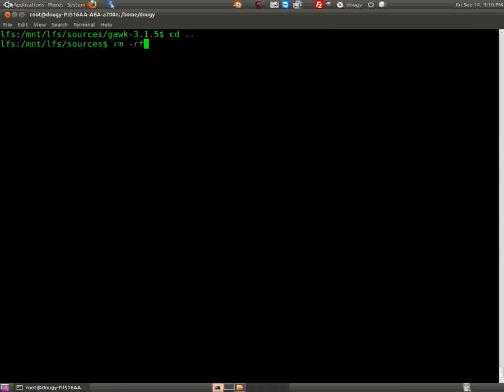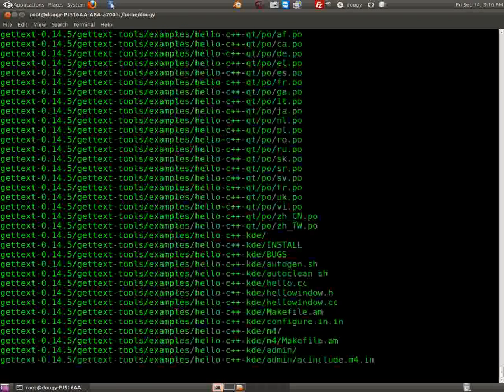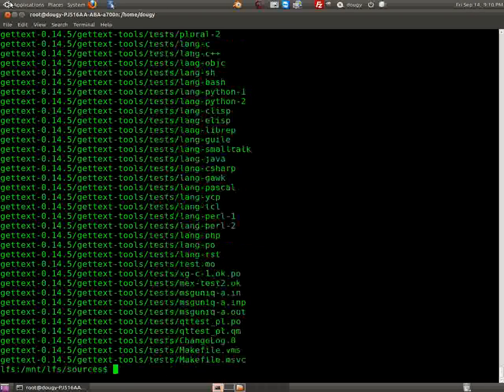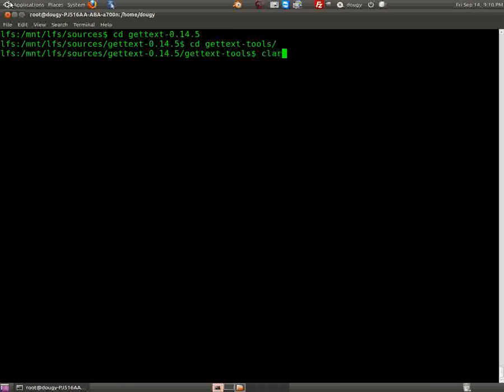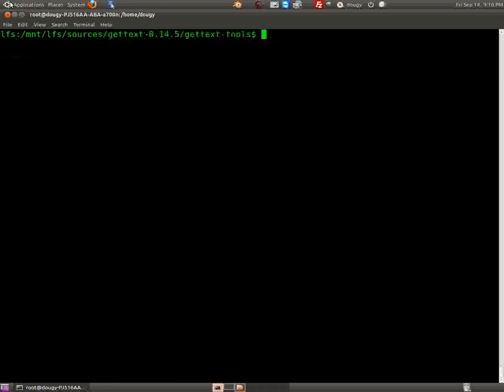Okay, so Gawk's all done. Back up, and now we're going to remove Gawk. Okay, and we're going to untar gettext. I'm not going to talk about gettext, but we need to cd into gettext, and then cd into gettext-tools. Okay, that's where we are, right here. So we need to say configure